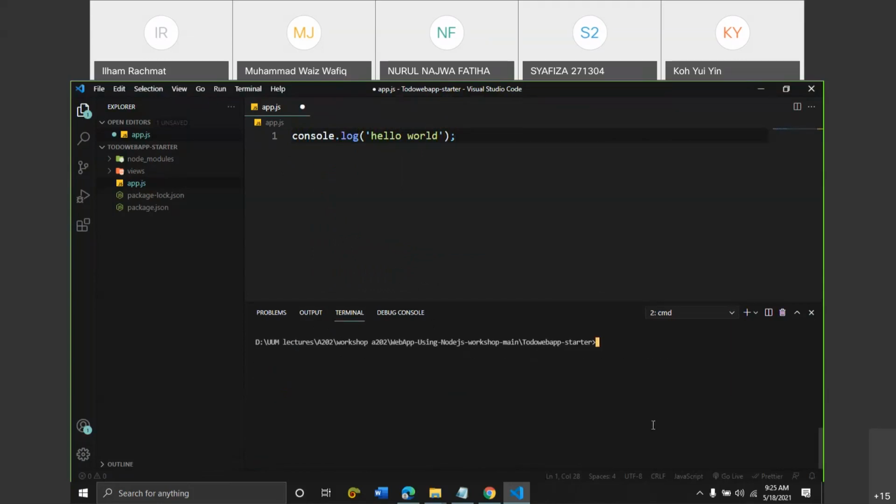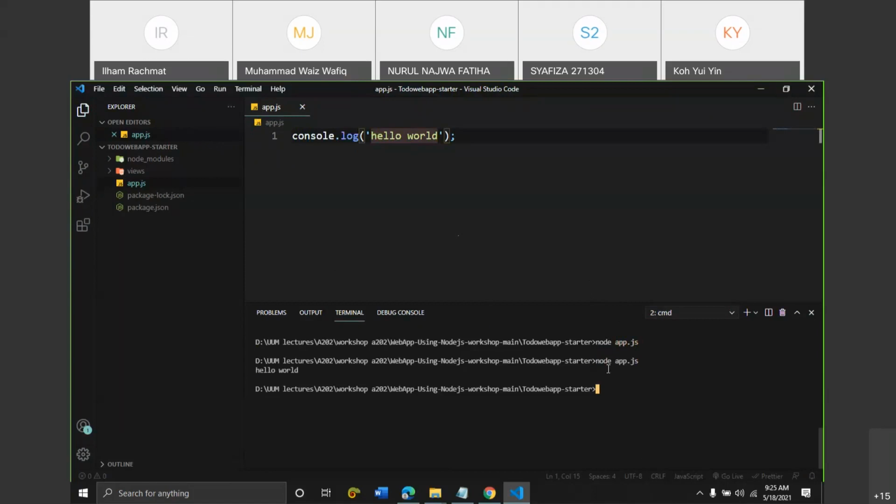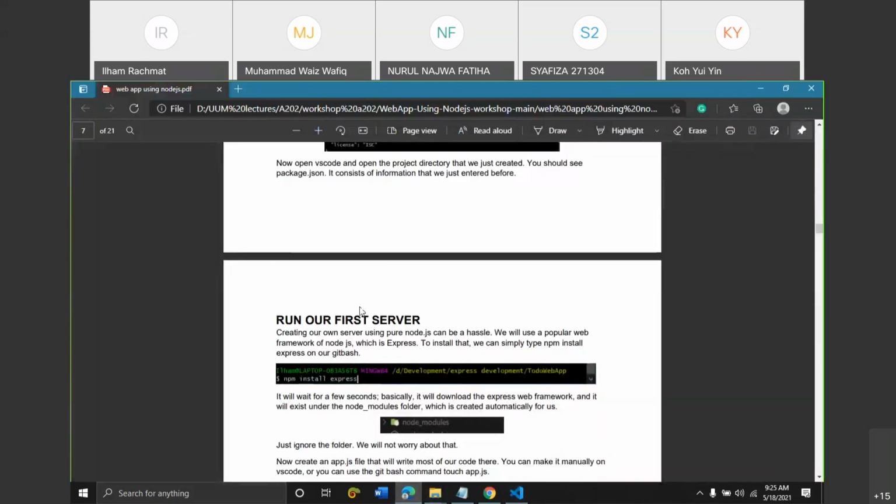So to run this JavaScript, type node app.js, and then, oh wait, hold up, I forgot to save the file. Node app.js, and it spits out hello world, so it runs outside the browser. Now going back to the module,